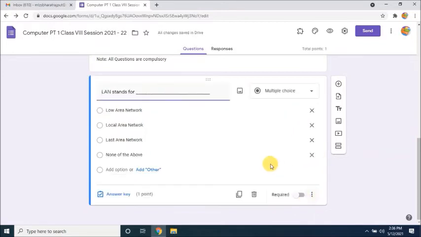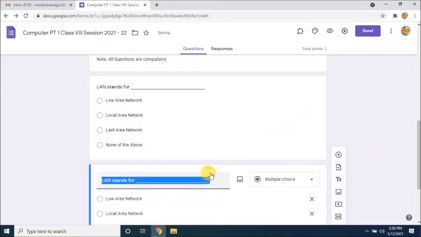Question has been done. After that, if you want to go for another question, make a copy of the same with the help of this button, Duplicate. Question number 2. You can change it to whatever your question is regarding the chapters.